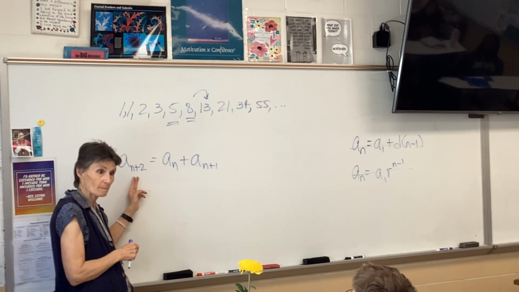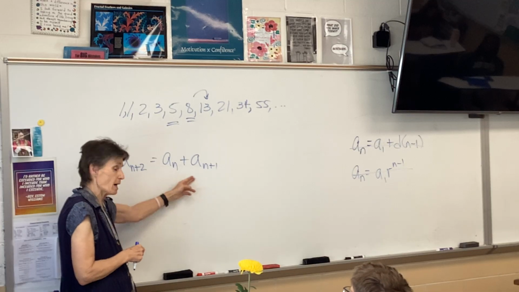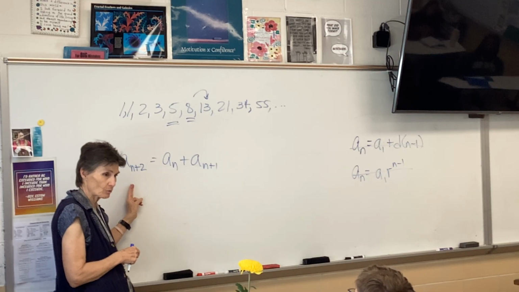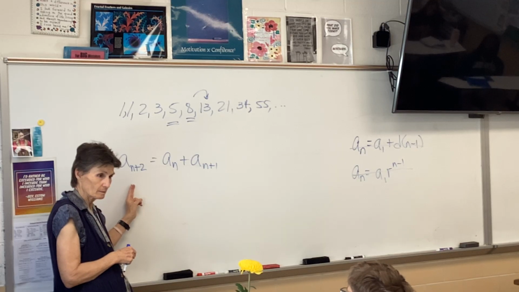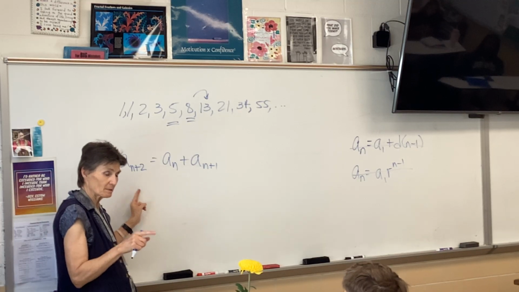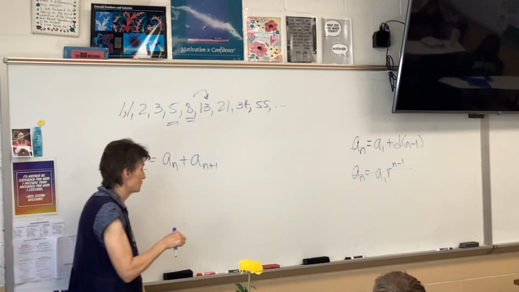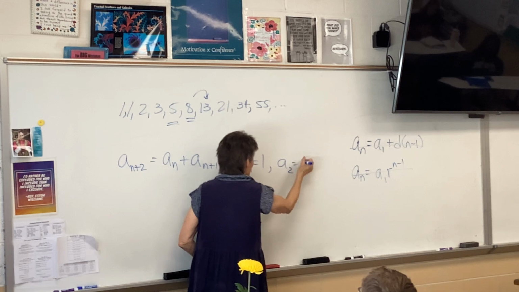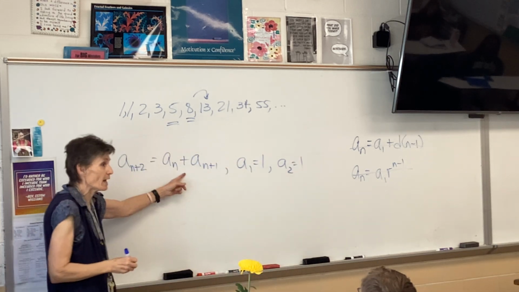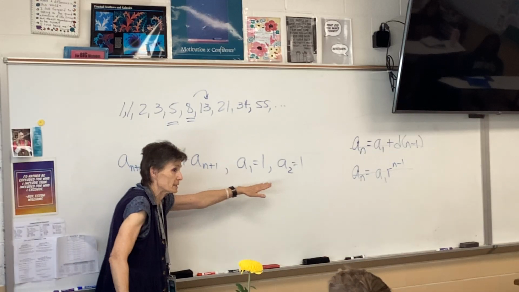Well, this would not generate 1, 2, 3. If we put in the 2 and the 3, you get 5. That would be the number that comes after that. Because I have 2 numbers in here added, I am going to need 2 starting numbers, so 1 and 1